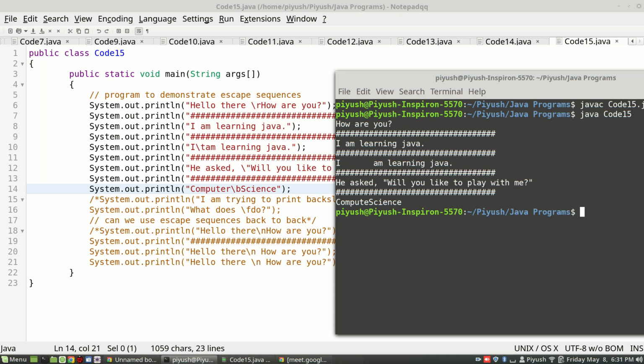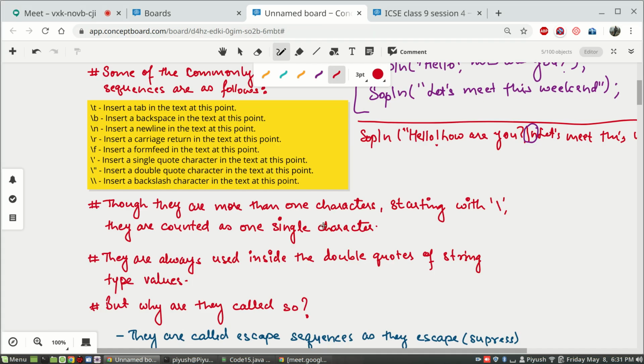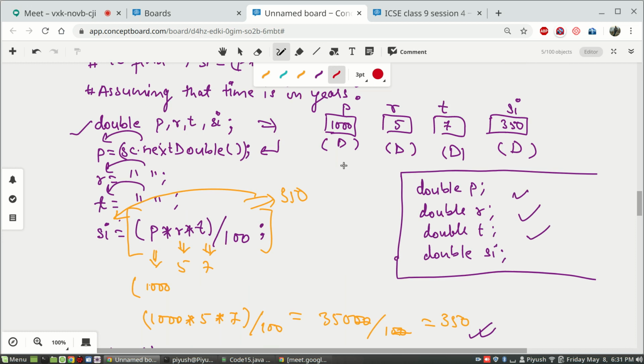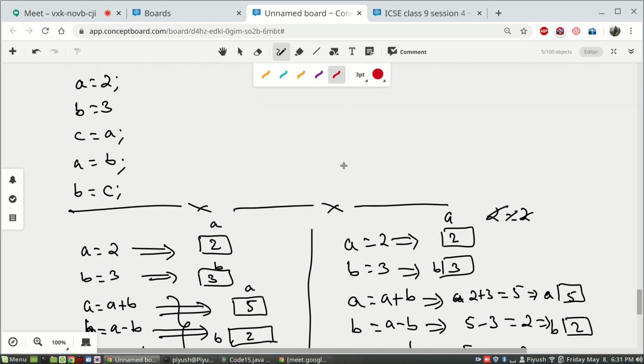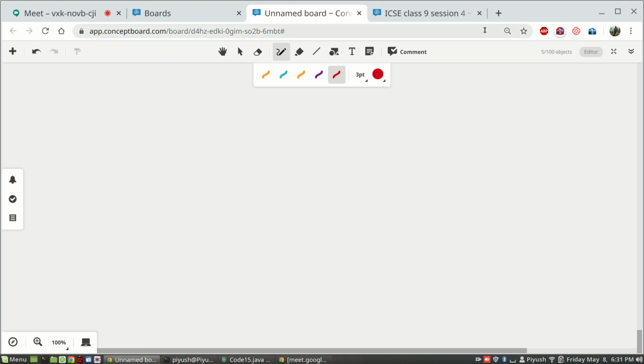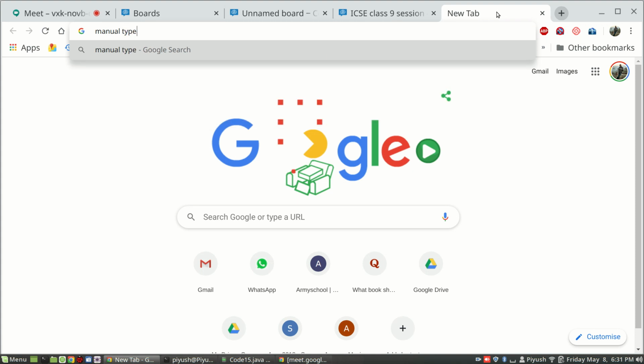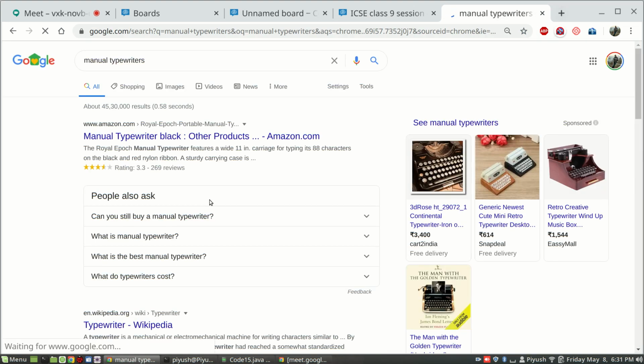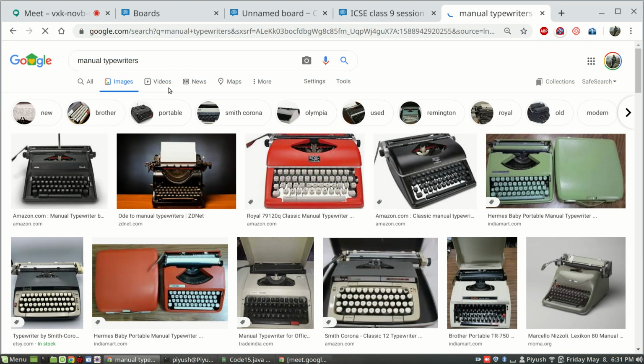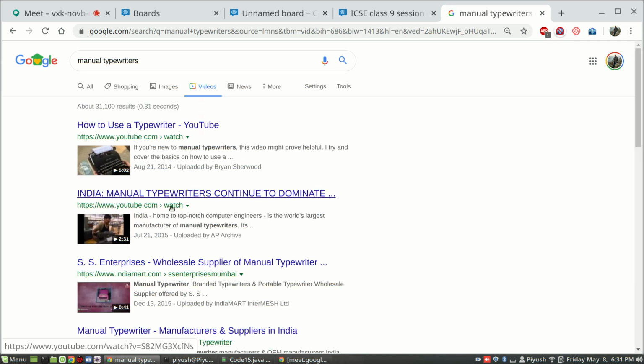return means, I'll try to make you understand. If you understand, well and good. If you do not understand, that will be even better. So let us see. Have you seen manual typewriters? The people typewriting, and I'll try to look on Google. Yes, sir, I've seen them. Manual typewriters. Let me see if I can show you the images. Okay, this one, right? I'll see if I can get one very small video also.